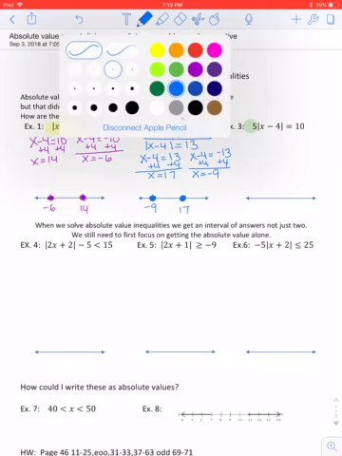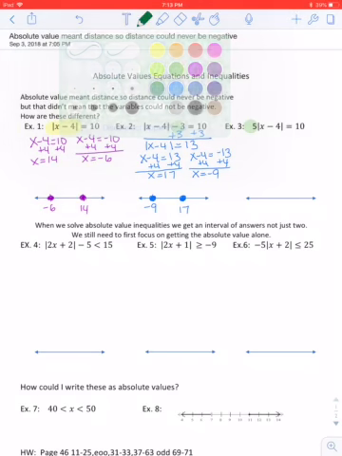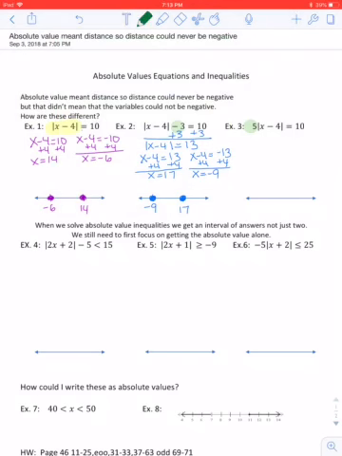Okay, the next one we're going to look at has the 5 on the outside, so it's 5 times the absolute value. Never